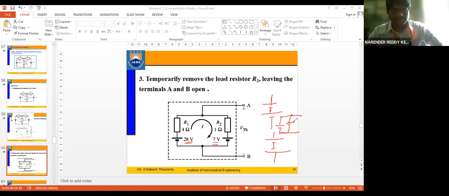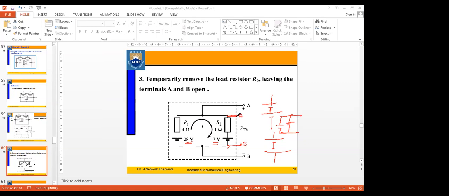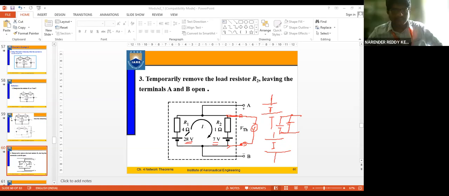Isn't it? So across these terminals, I can take this as A and B, right? Simply, instead of drawing them separately, I can write this as A, B, right? So the voltage potential between A and B should be the same, right? If I connect a voltage source here, since they are in parallel, the voltage has to remain the same, right? So now, whatever the drop, see,